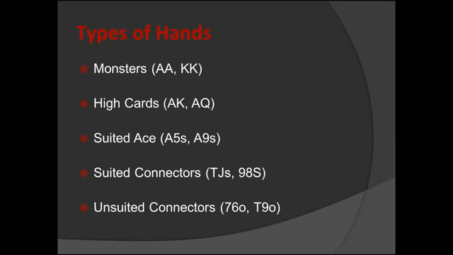Alright, to quickly summarize from the top down, monsters and high cards you should try to play against one opponent. Suited aces and connectors are better in a multi-way situation. And you have to be willing to make...